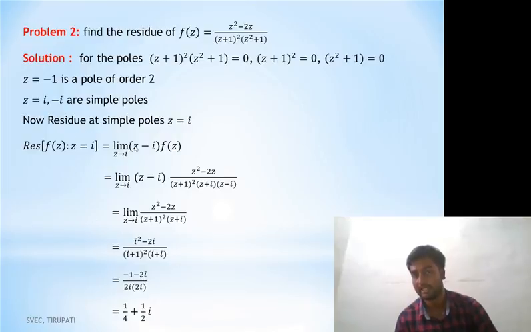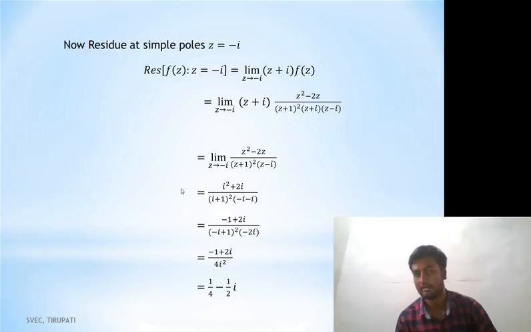Similarly for minus i, here it is plus i, so this plus i gets cancelled. It is minus i whole square plus 2i, right? Minus i whole square means minus 1, so it is minus 1 plus 2i, divided by i plus 1 whole square. In terms of z, it is minus i plus 1 whole square into minus i, and it is also the same since i square is minus 1. So after simplification,